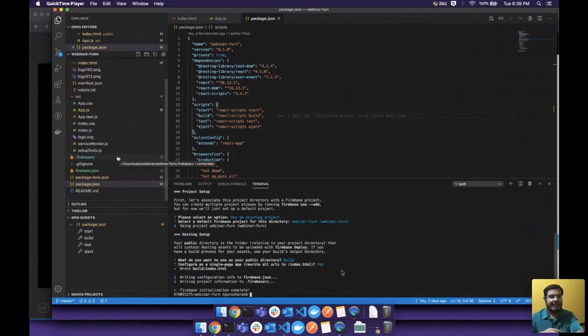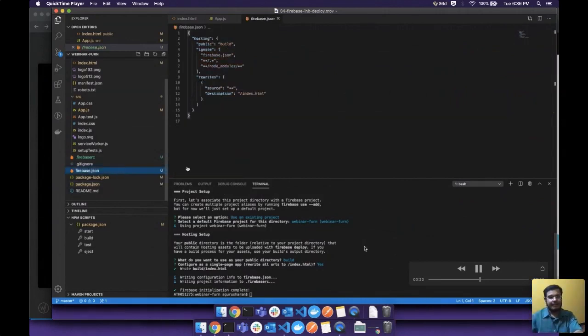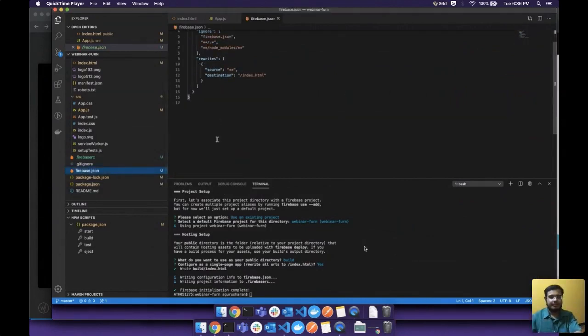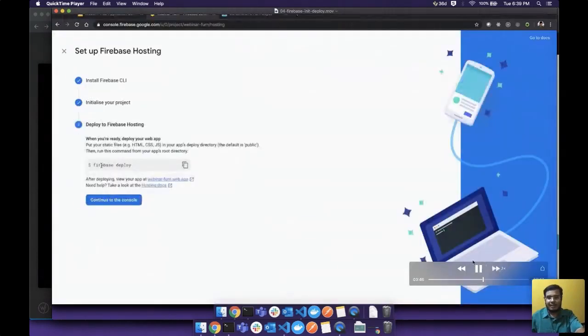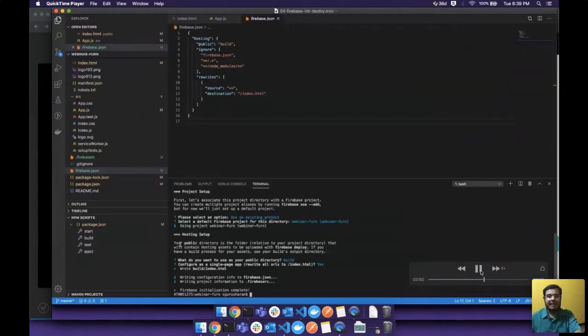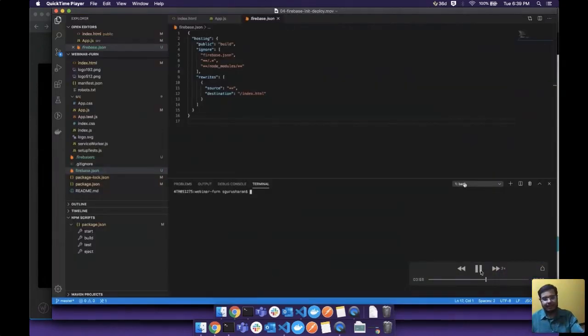So if you see, it created some configuration files here, Firebase RC, Firebase JSON, and all that. All right. So here is where you can change your public directory later. So if you realize it's not built, oh, I gave a typo or I made a mistake, you can always come back here and change it, right? So the final step is to deploy your application, right? So to deploy, they have a command to deploy. You can use that with the npx prefix.